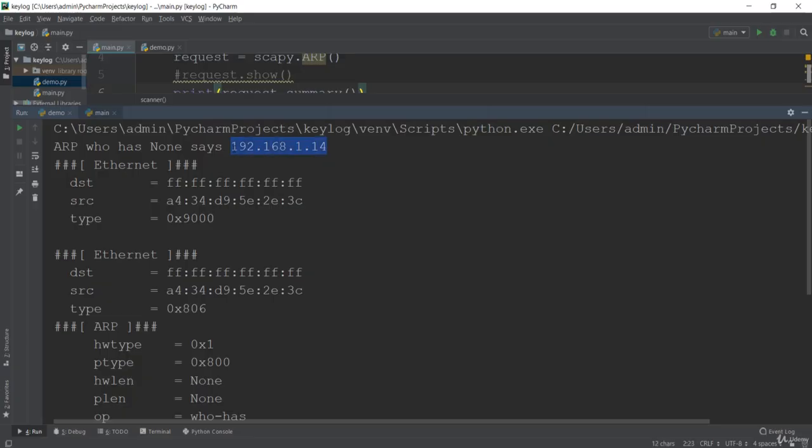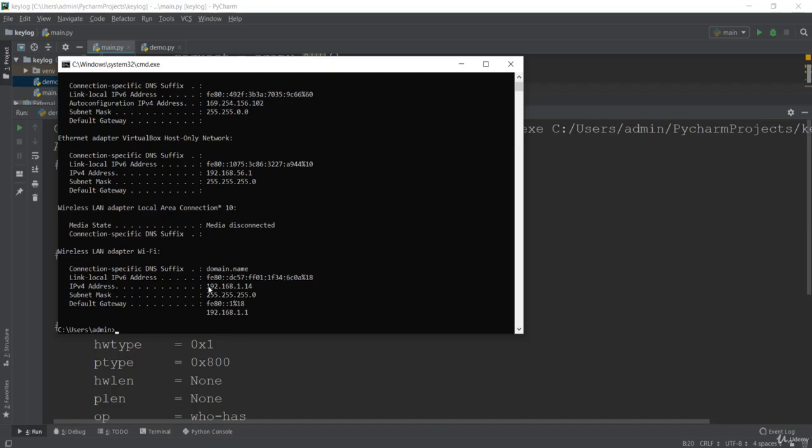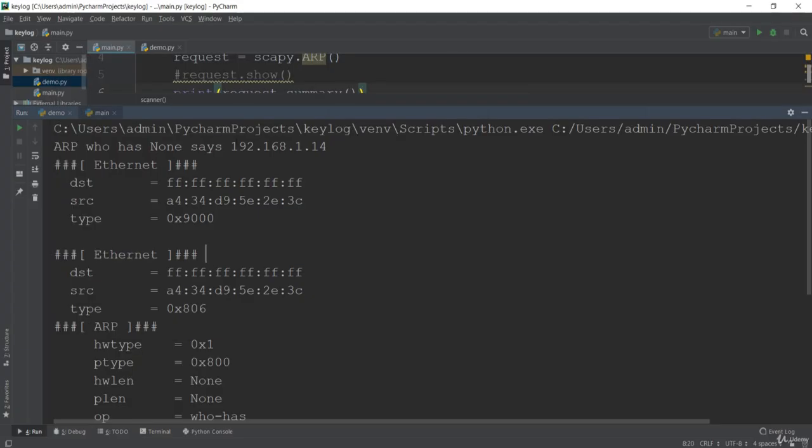So this is your source IP, which is going to send that ARP request to the destination MAC, or basically to the broadcast MAC address, which is this virtual MAC address. And if I check this machine, that is the IP address, you can see this is our source and its MAC address is printed right over here.